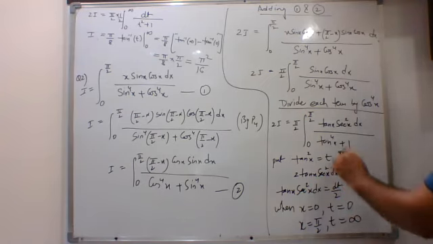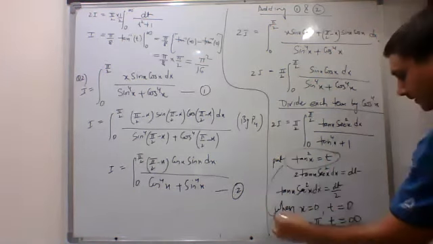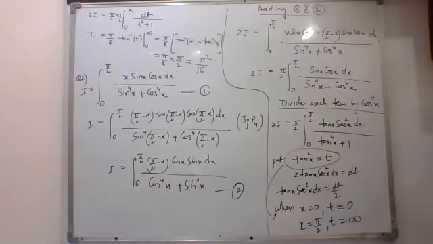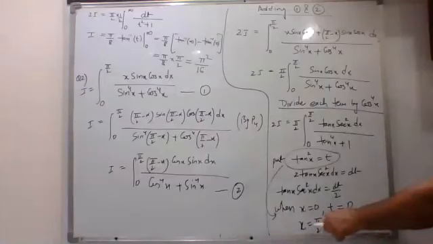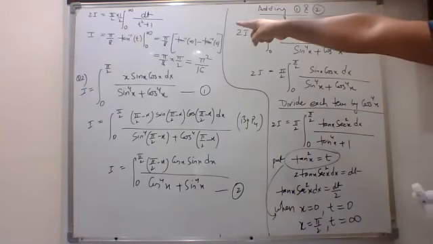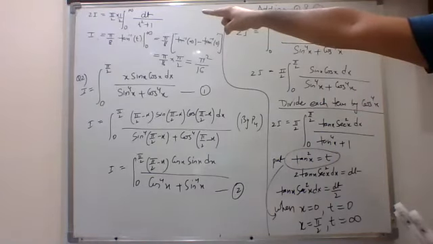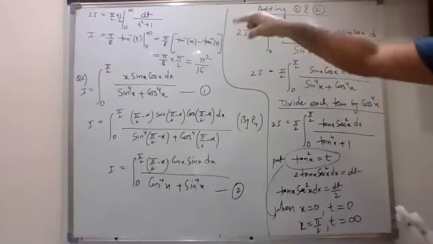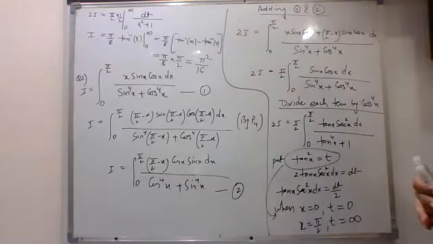So how to change the limits? From here we had changed the limits. When x is 0, t is 0. When x is 90, then t is infinity. So we change this question into t form. That is what I had written at the top. Now, after writing that, you can see that it will become pi by 2 into 1 by 2, integral 0 to infinity, dt upon t square plus 1. Just apply the formula, put the limits, do the calculation. Final answer will be pi square upon 16.